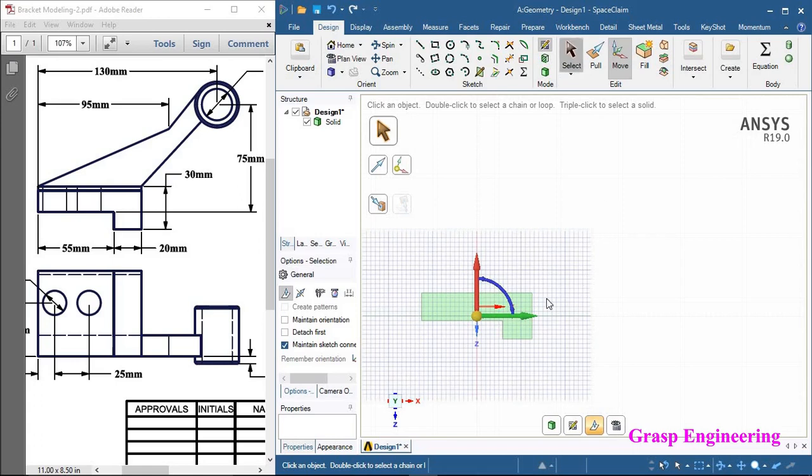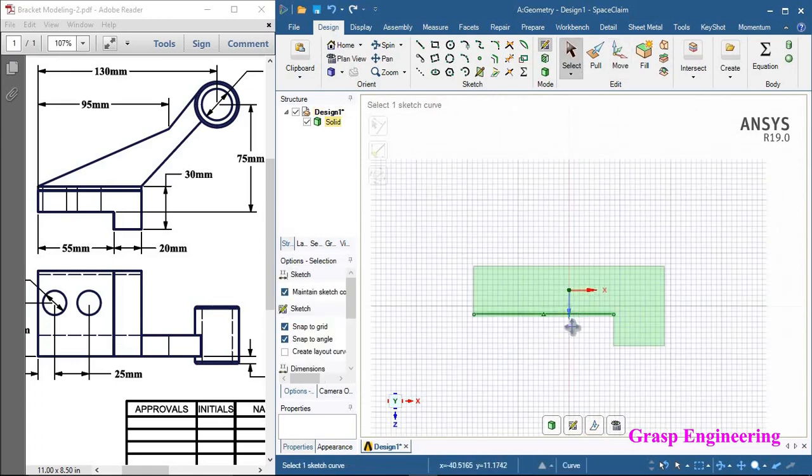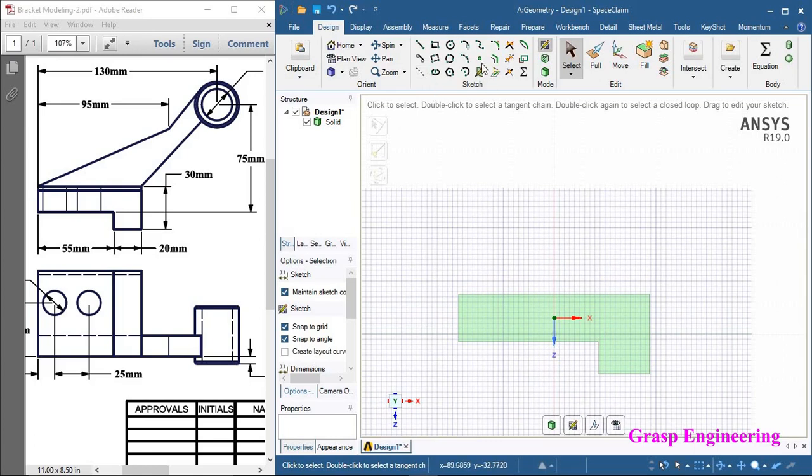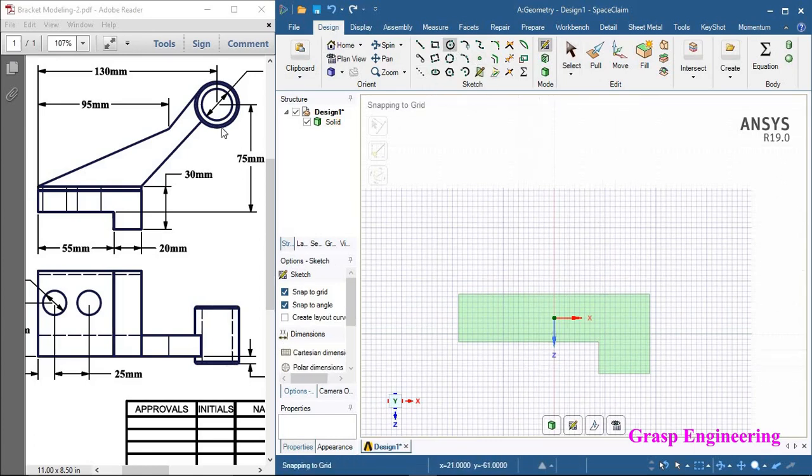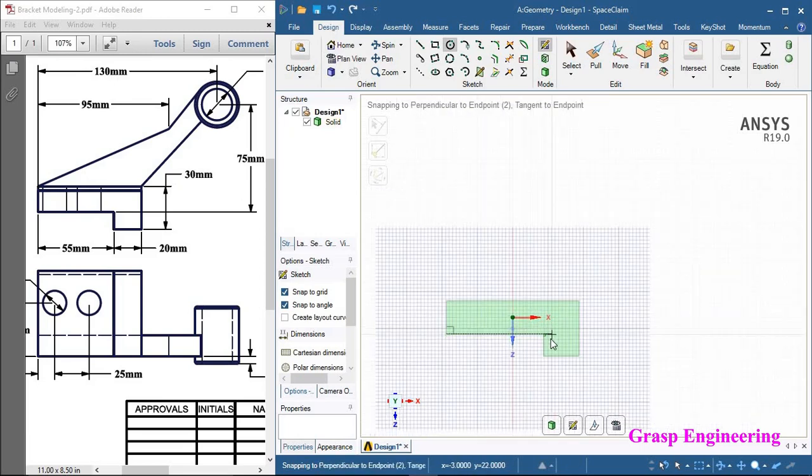plan view. Okay, select. Once you have your plan view, first click on the circle, and then we can create this circle with the reference of 75 mm from this profile and then 130 mm from this. So let's click on the sketch circle, then select this Cartesian coordinate. This will be useful for a reference. We can give reference from this respective point. We will keep this. So basically 75 minus 18 we need to do.